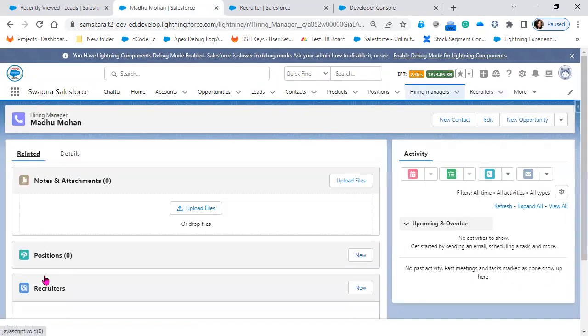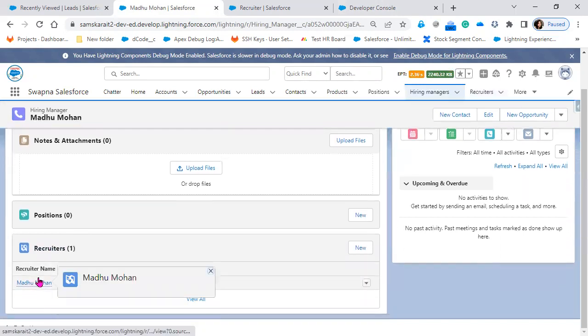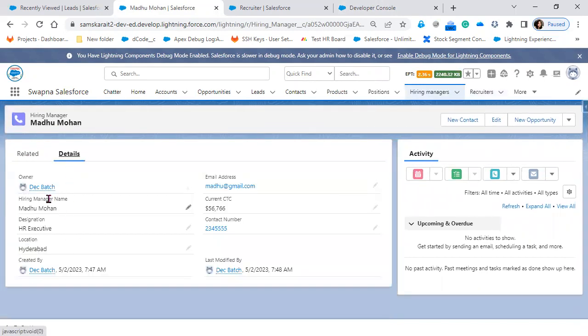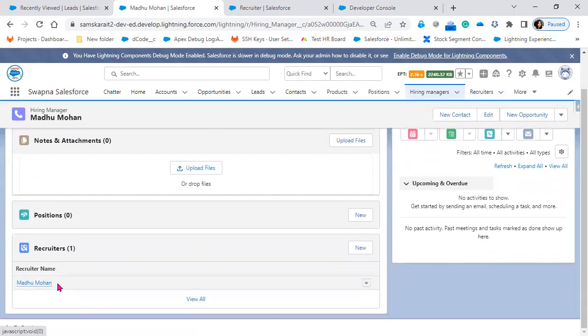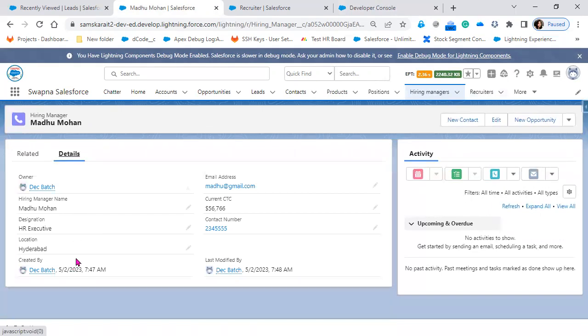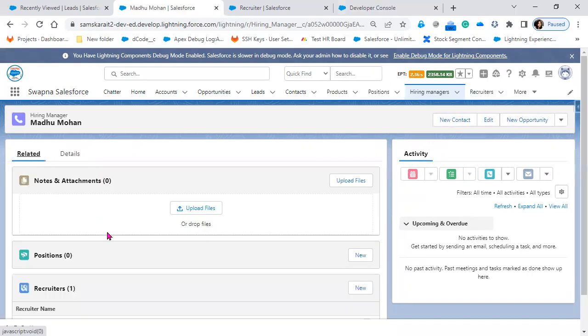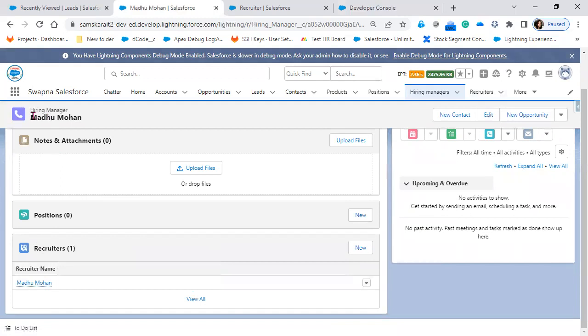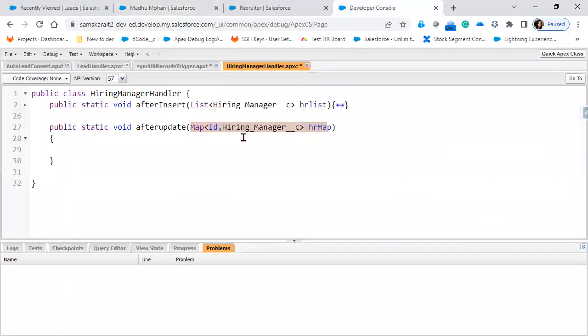I need to find which is the related recruiter. Do I have a related recruiter for this hiring manager or not? We should update only the recruiter records that are linked to that particular hiring manager. That means for the after update, first cross verify what are the recruiters that are related to this particular hiring manager. Now for that, I'm going to implement a query here, list of recruiter